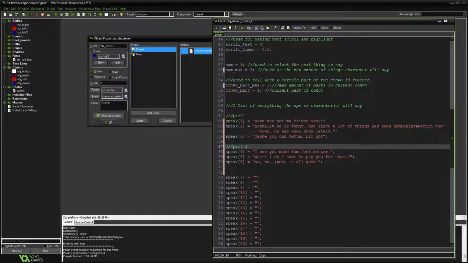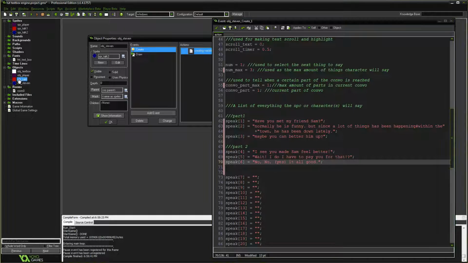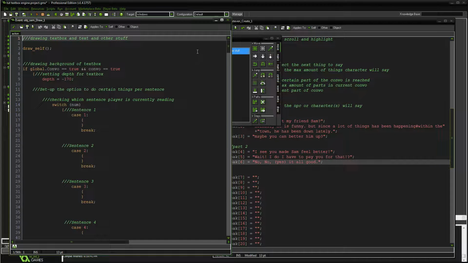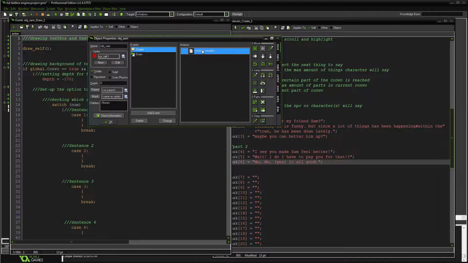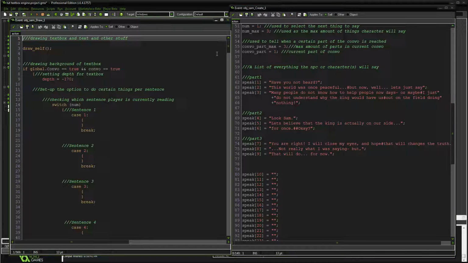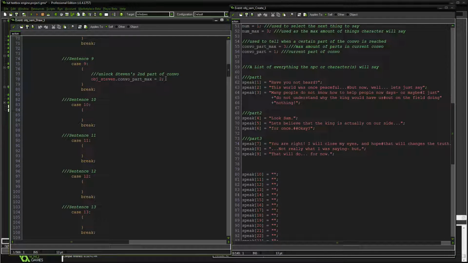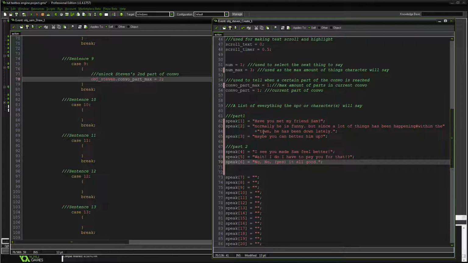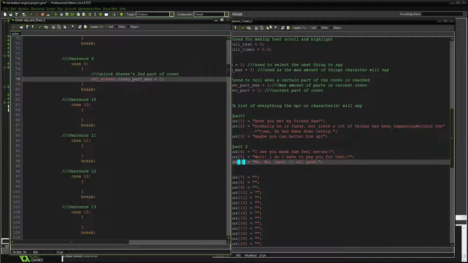So now what if you talk to Sam first? Okay. And you get to the second part, and then you go talk to Sam. And then you go talk to Steven. What do you do? All right, let's go ahead and check this out. Sentence 9. So you can put it into sentence 9. You unlock the conversation, and you also want him to start on sentence Steven on sentence 4. So what you do is you just set everything up right here.